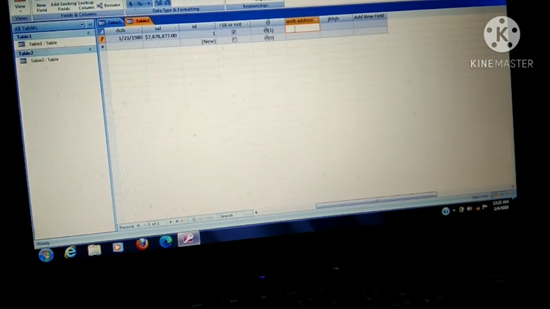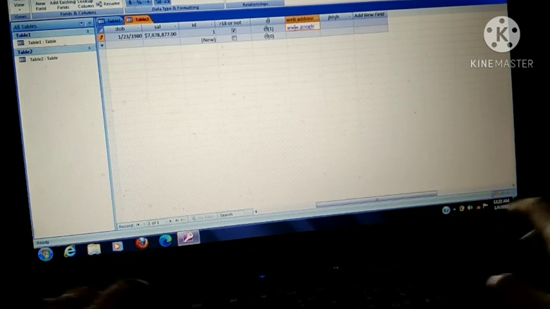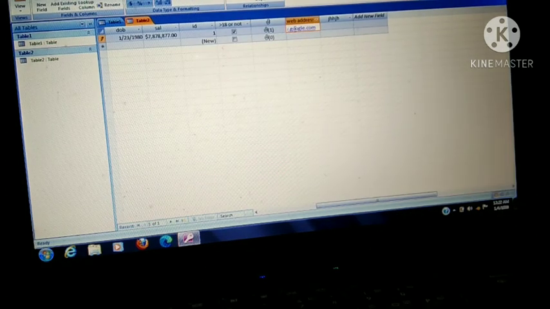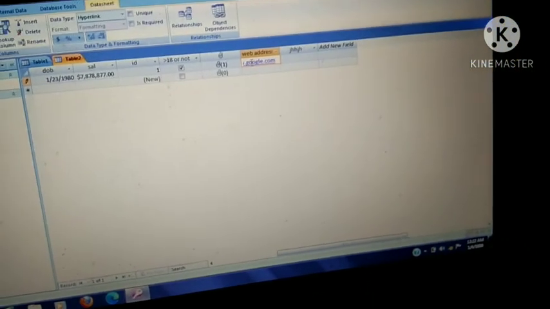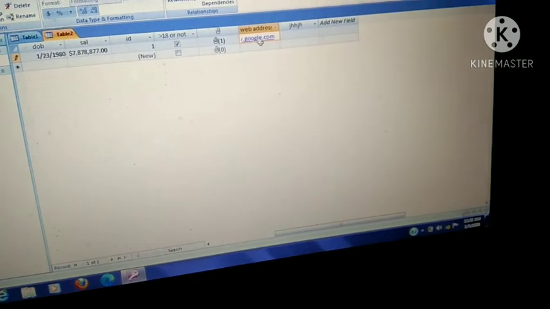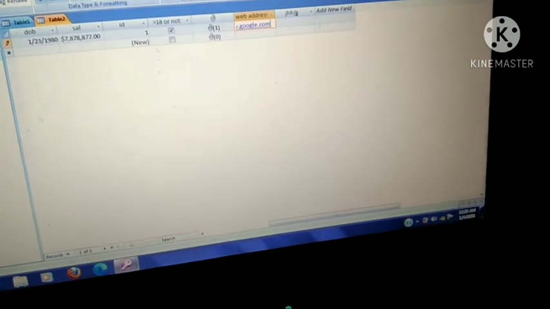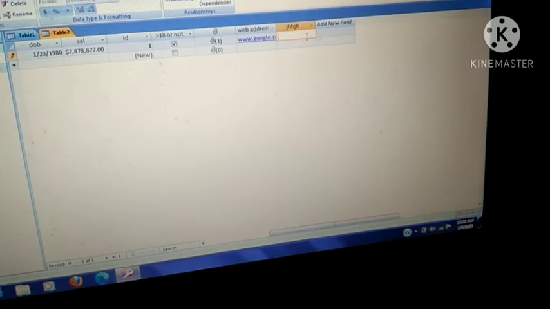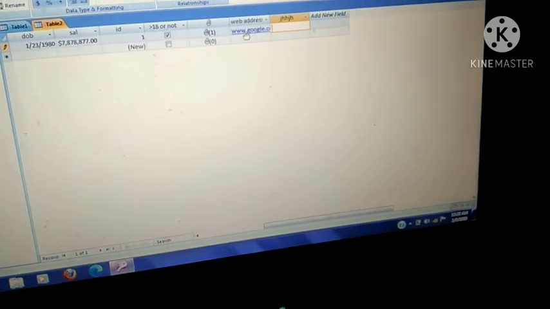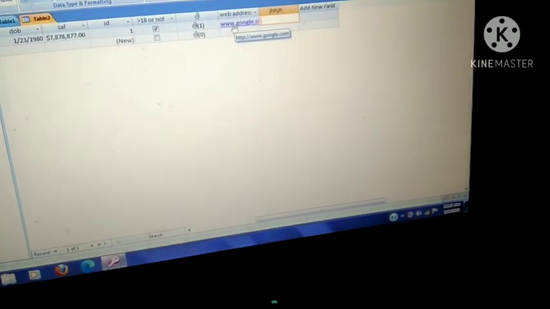Web address: children, you are the CEO of the company Google. I am writing your company address, www.google.com. You will check the color of the text is blue. Why blue color? This blue color represents that this one is a Google link. You will check, this one is your company address. What is the function of hyperlink? When I am going there, it will show me that one hand symbol. This hand symbol means you will directly move on to this particular site.